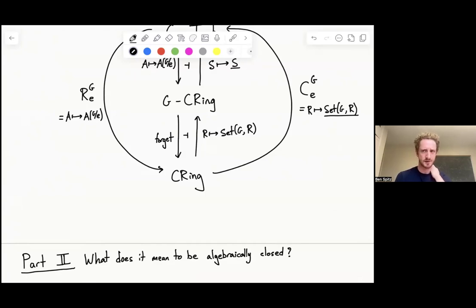And the definition of algebraically closed becomes quite tricky because it's really hard to say in the Tambara case, what does it mean to have a polynomial with coefficients in a Tambara functor? And what does it mean for such a thing to have a root? There is such a thing as a free Tambara functor on one variable. There is such a thing as a polynomial ring, quote unquote. But that polynomial ring is an entire Tambara functor.